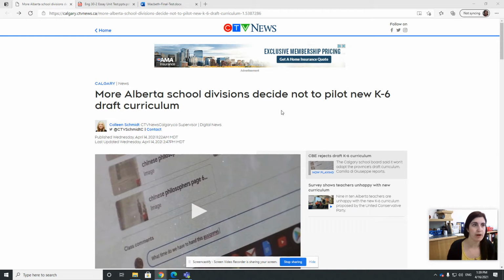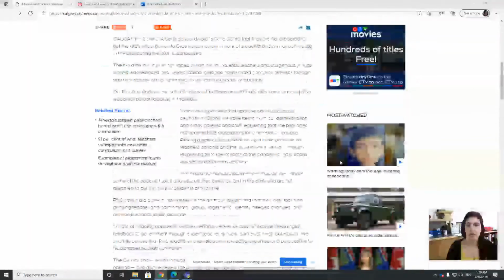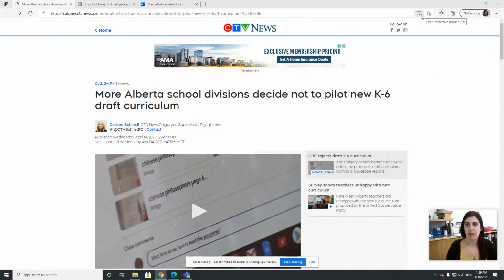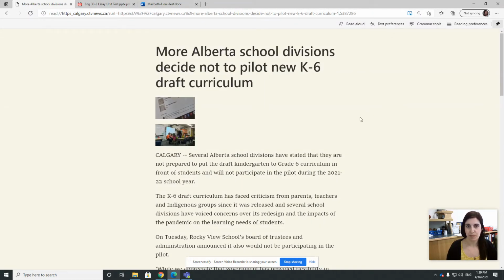So right now I have a browser open. I'm in Microsoft Edge, and I want to show you a really cool feature. It is Immersive Reader, which is helpful for all different types of students. See that the web page right now has a lot of advertisements. If I click on the Immersive Reader function, it actually changes the view to be much more